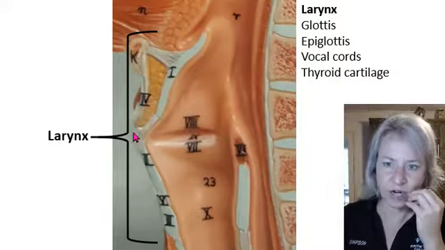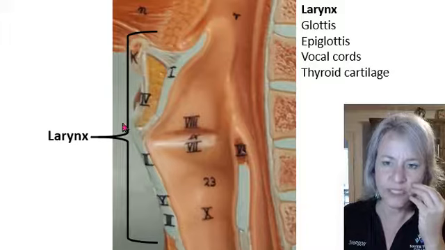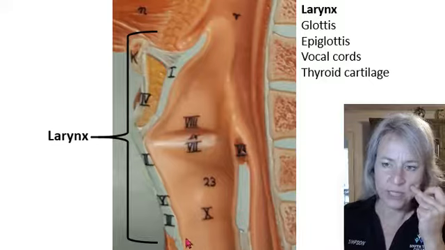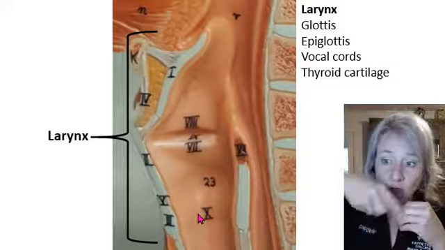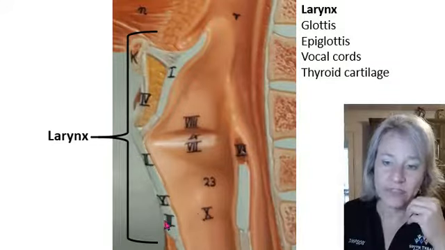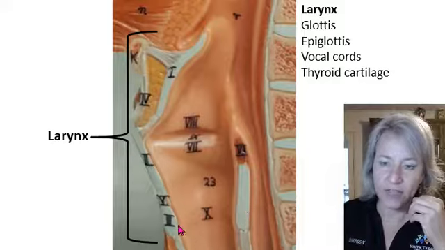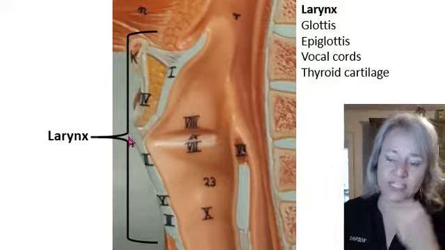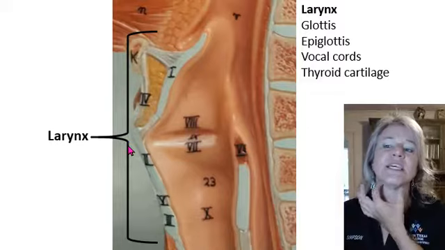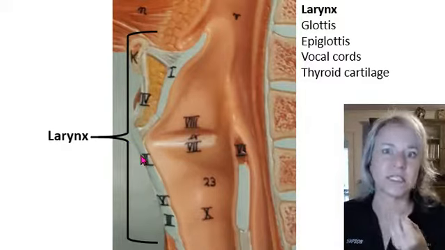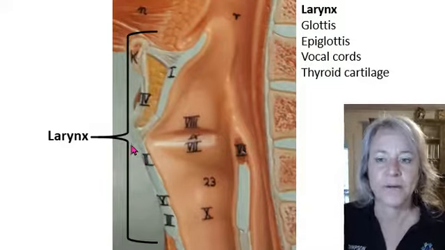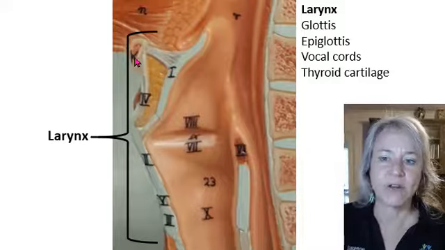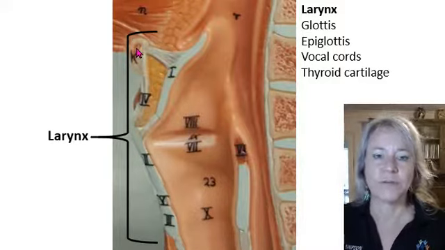And then this cartilage right here is the thyroid cartilage. Now this one is a different one. So this one back here comes all the way around and it's here. And it makes a whole, like a circle, like a ring. That is the cricoid cartilage. That is not the thyroid. This one is the thyroid cartilage, and that's the one that you can see. It's big and bulky, and in some men it's called the Adam's apple because it's so big and bulky. That's the thyroid cartilage. And then this bone is the floating bone in the neck that helps